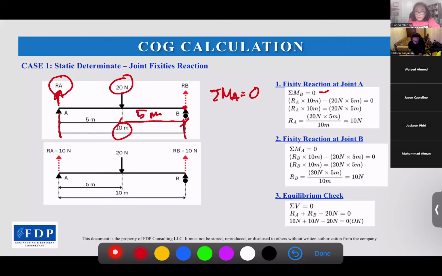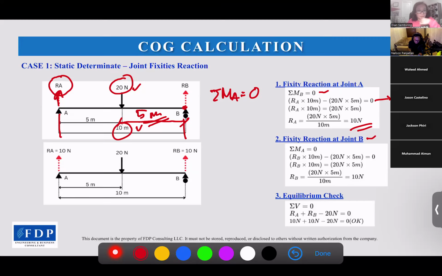So total moment at B equals zero. It's reaction at A times 10 meters minus 20 Newton times 5 meters, this distance to B. So from that formula, we can get the reaction at A equals 10 Newton. And then for the reaction at B,